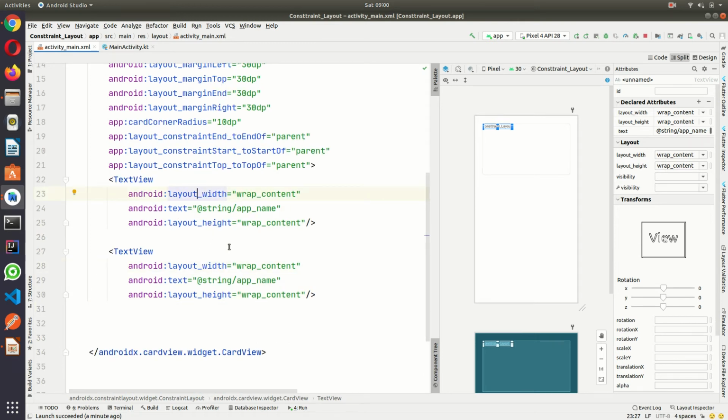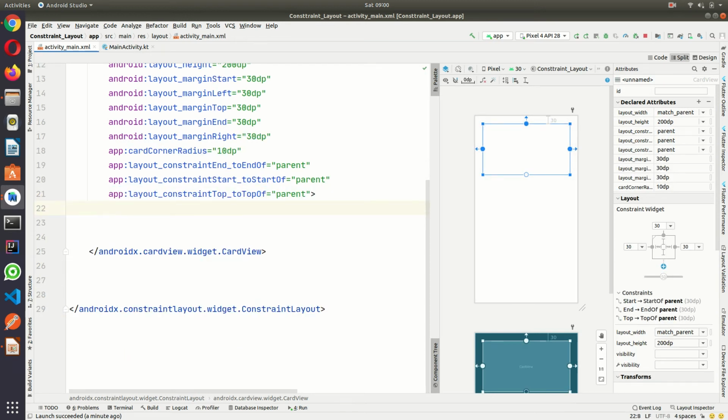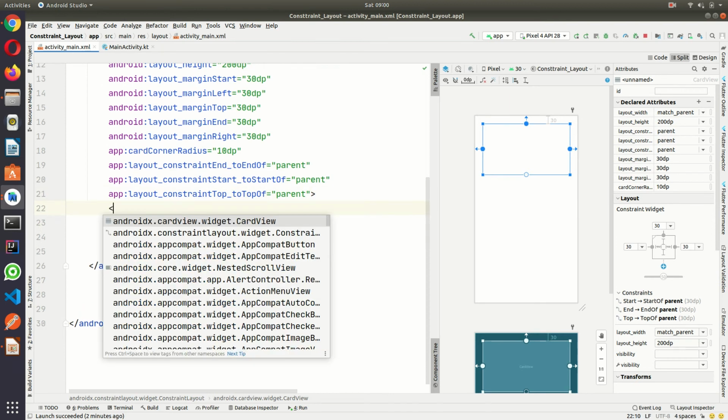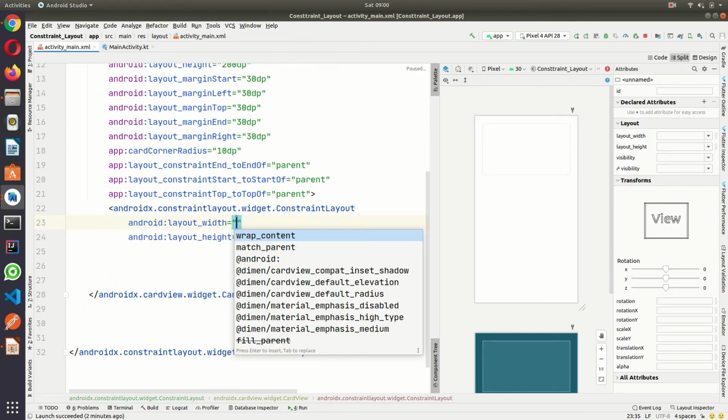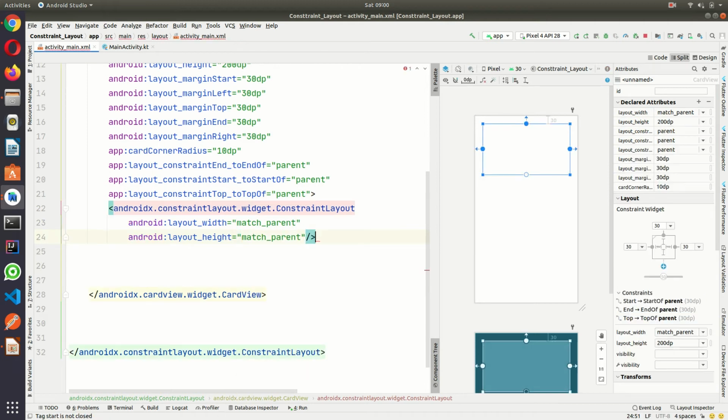So either I need to use linear and relative layout, which is not good. So what I can do is remove this. Inside the card view, I'm going to take another constraint layout, which should be match parent for both width and height.